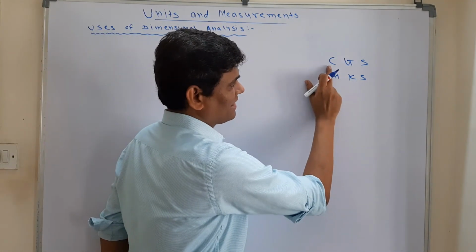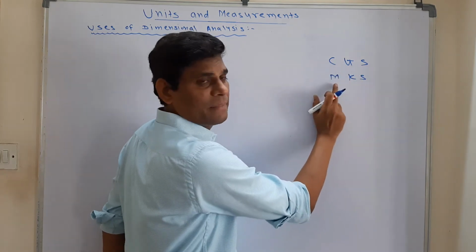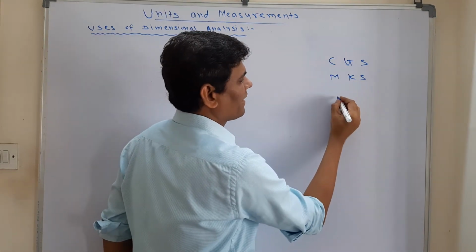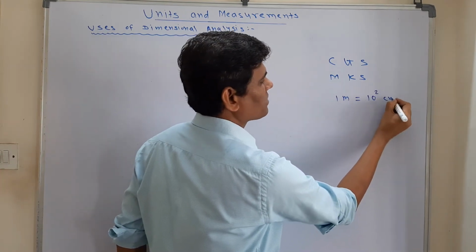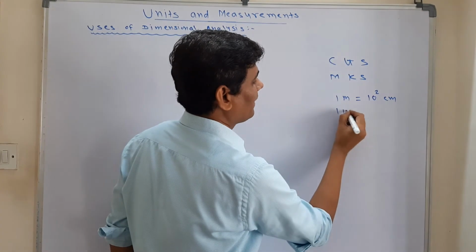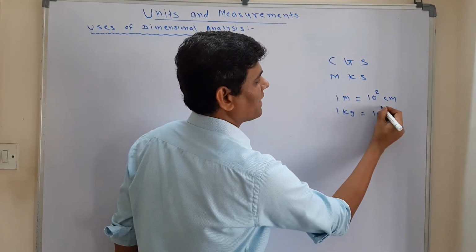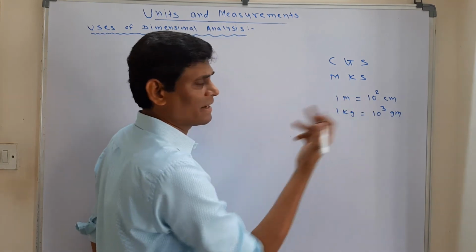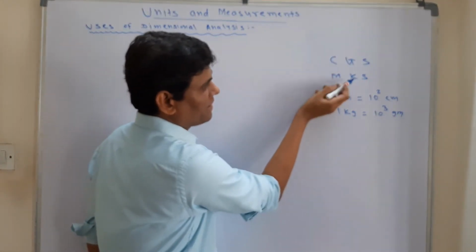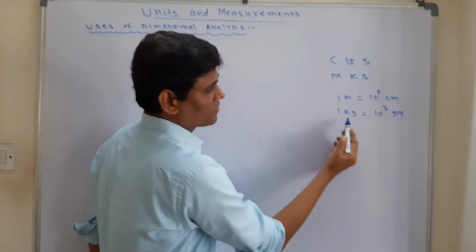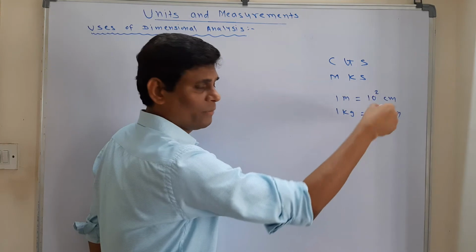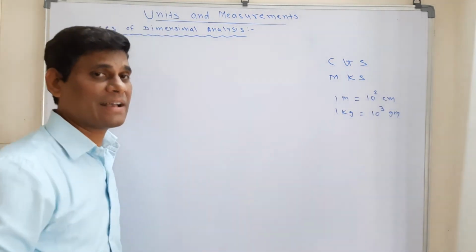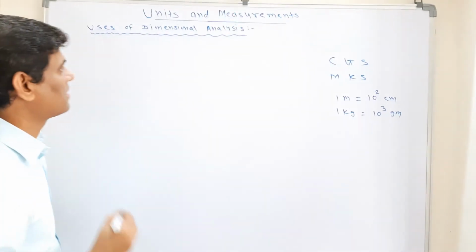Okay. For this, we require something: CGS means centimeter gram second, MKS means meter kilogram second. When I convert, 1 meter is equal to 100 centimeter, that means 10 raised to 2 centimeter. 1 kilogram is equal to 1000, that is 10 raised to 3 gram, and second remains the second. Meter to centimeter, kilogram to gram, second same. So 1 kg is 10 raised to 3 gram, 1 meter is 10 raised to 2 centimeter. This part we require. Now how the numerical is asked, it can be 3 marks or 4 marks.